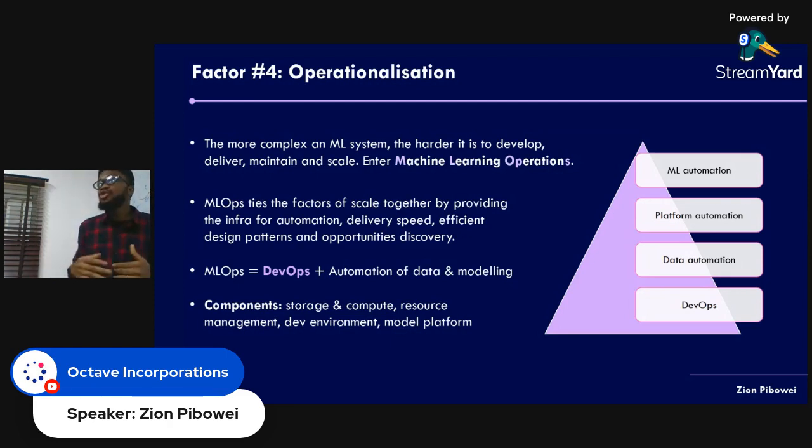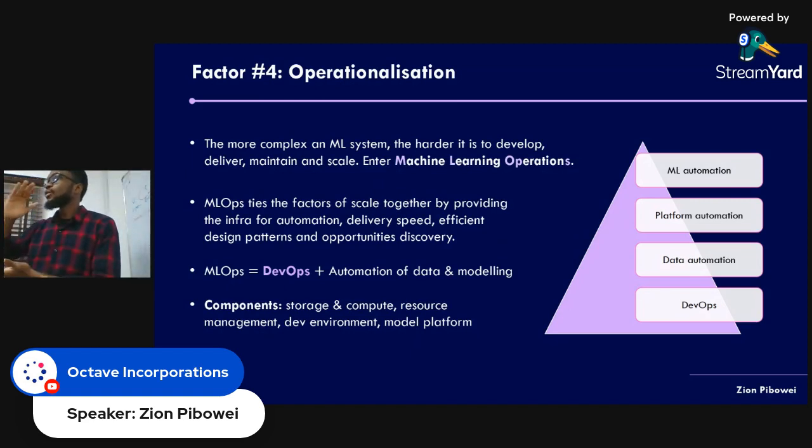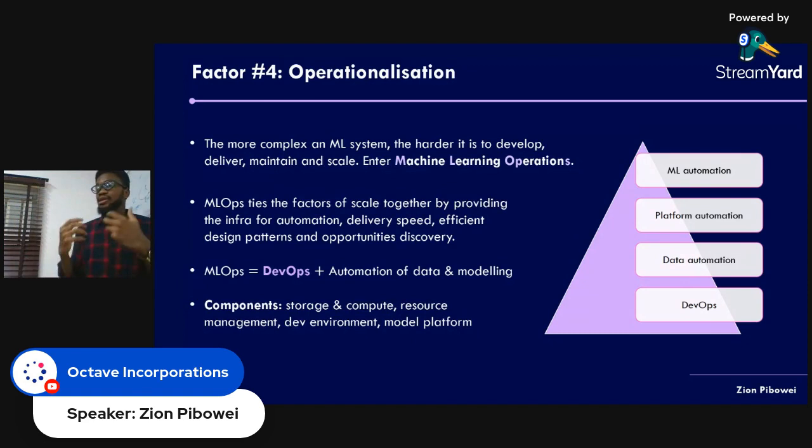So sometimes people want to jump to automating the machine learning infrastructure where they've not even taken care of DevOps, which means the software infrastructure, the architecture around the software and the applications that you're actually deploying to. You're not taking care of those things and you want to automate the machine learning lifecycle. It doesn't work. So you start from the DevOps level, which deals with the actual software infrastructure. Remember, DevOps deals mostly with automating code software, right? Then when you are done with that level, we now want to go to the layer of automating the data. So we now talk about data automation, all right?